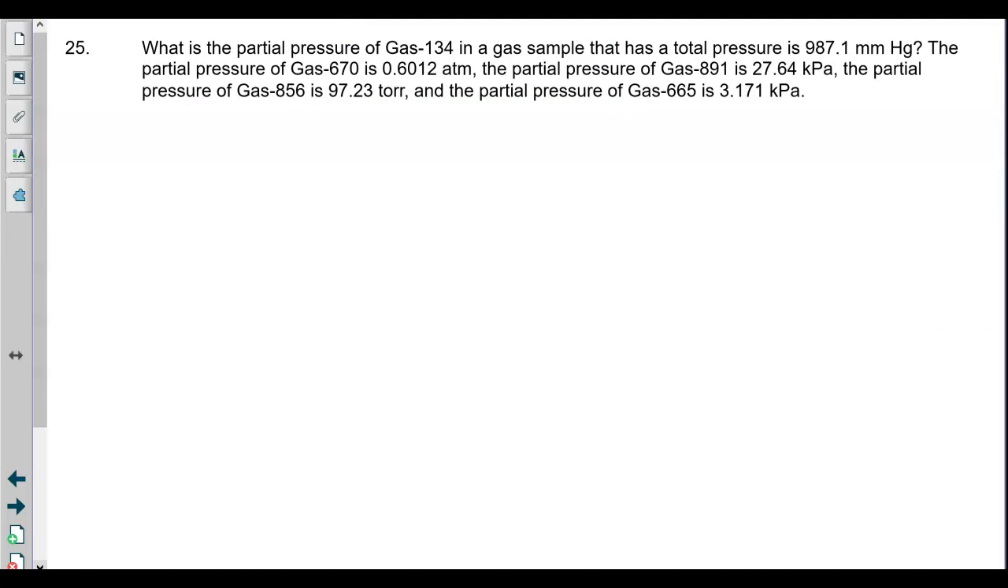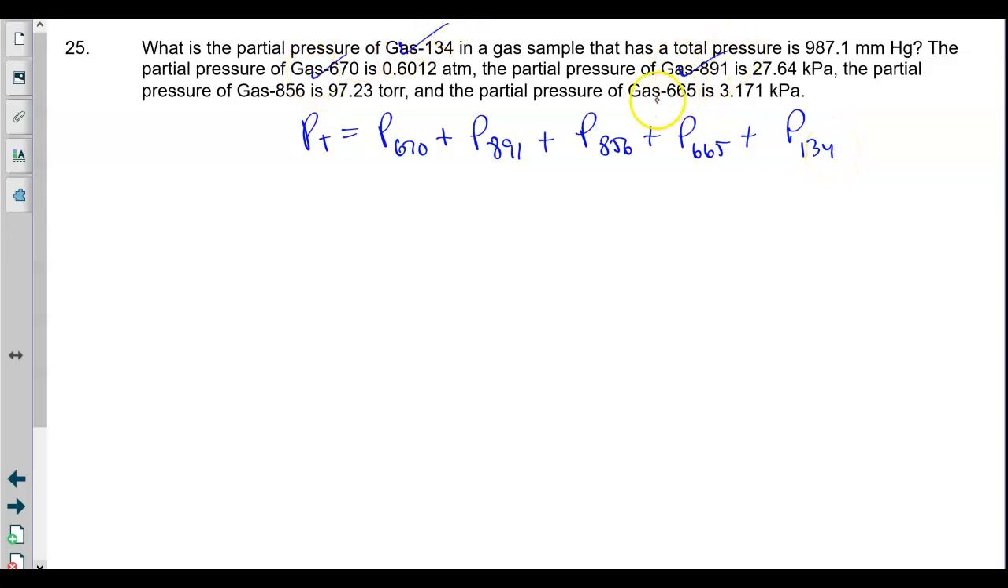Okay, as I look at this problem, I see the words partial pressure. That is a giveaway. Or you could see more than two pressures, so that's also a giveaway, that we're going to do P total equals P670 plus P891 plus P856 plus P665 plus P134. So I had to account for all of my gases, because remember Dalton's law says the total pressure inside the